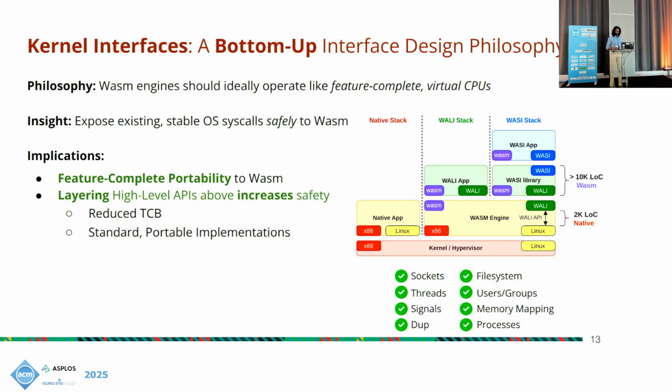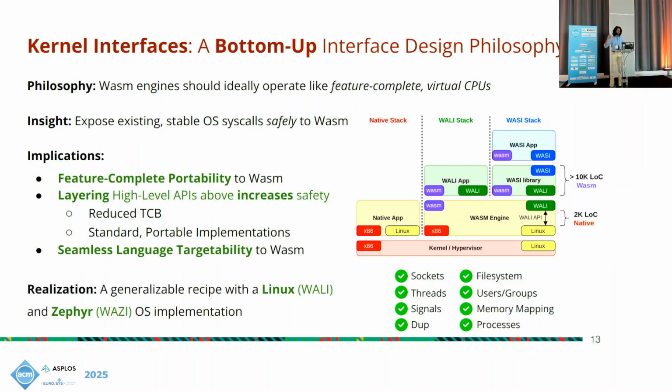In fact, the implementation of kernel interfaces in our experience is under 2,000 to 3,000 lines of code. And we can use this to virtualize essentially any high-level API, which is nice. And finally, WASM is this polyglot compilation target. We really want it to be targetable from a number of languages. With an OS syscall interface, we're actually able to seamlessly target languages that were originally designed to target these interfaces.